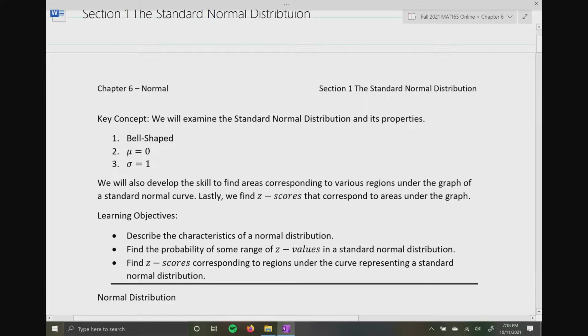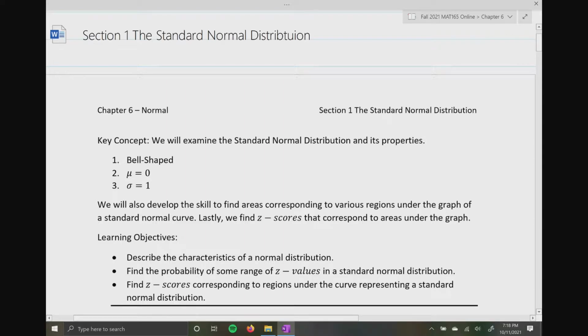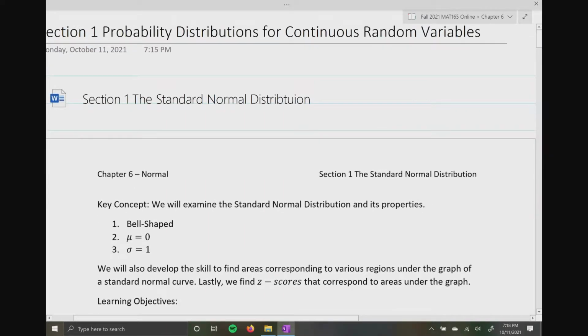All right, so here we are. Chapter 6, Section 1, Standard Normal Distribution. In fact, inside your book, it's called the Probability Distribution for Continuous Random Variables. And here is the transition from discrete probability distributions, where our numbers are whole numbers and they're countable, to continuous